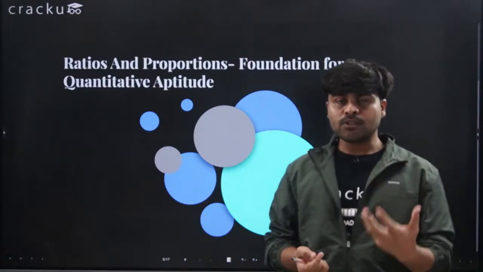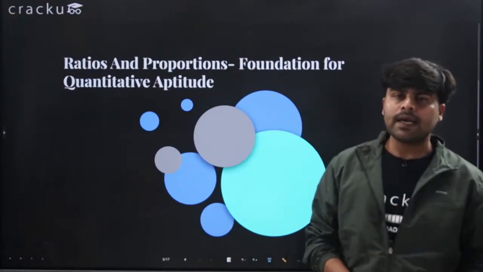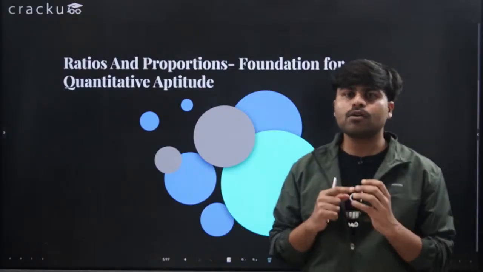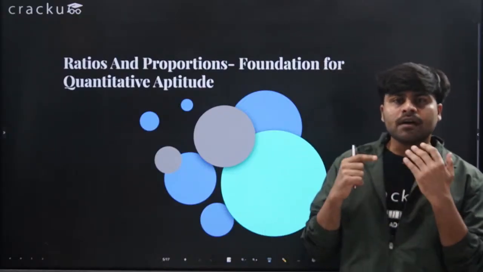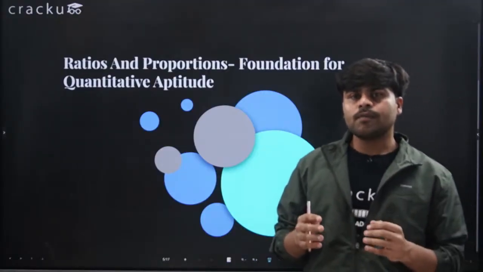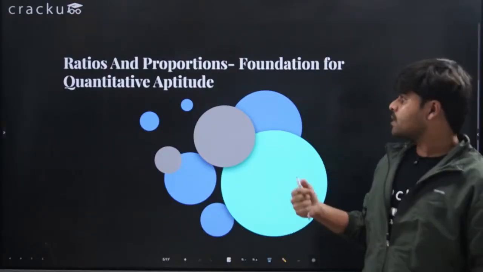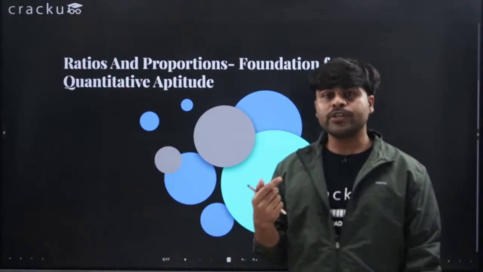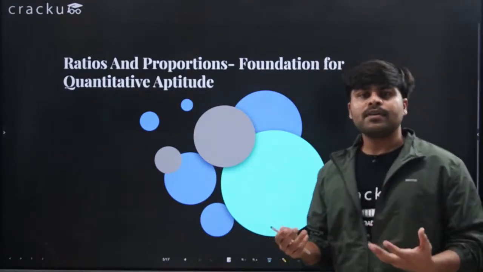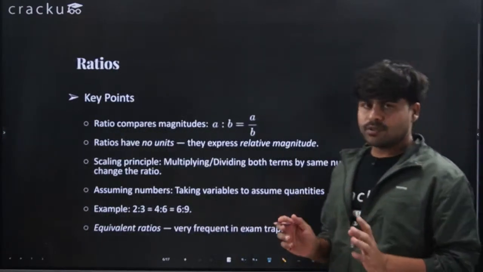So ratio and proportions, as we all know, is a very fundamental concept in quantitative aptitude. It is applicable in a wide range of things: in algebra, in geometry, in allegations and mixtures and proportions, and so on. All of this, ratio and proportion underlies. So let's go ahead and discuss some properties of ratios, try to solve some problems, and try to see where we fit. Okay. So first comes ratios.